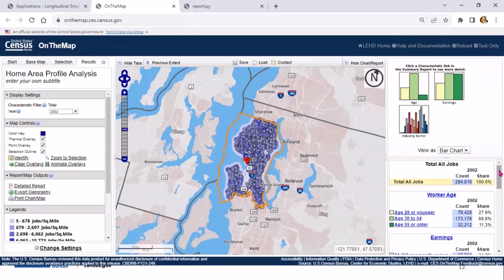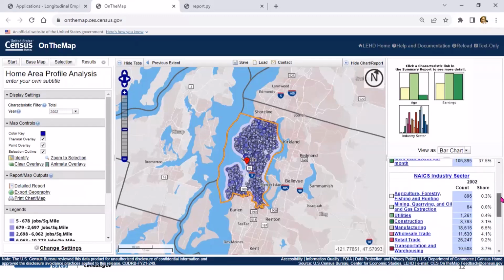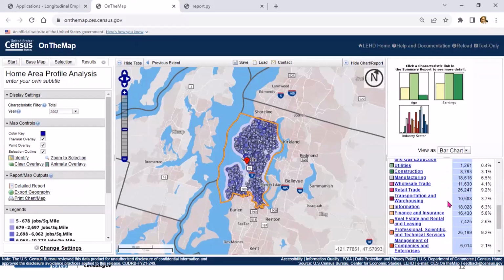And then we can scroll down to the earnings where it says $12.50 per month or less. And we can see the answer to the second question is $68,964. And then we can scroll down and see that the retail trade is 9.2. And again, this is just those that live in the selected area.